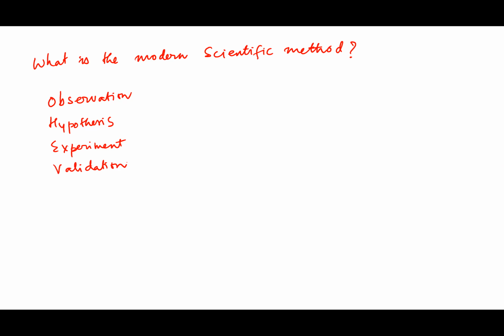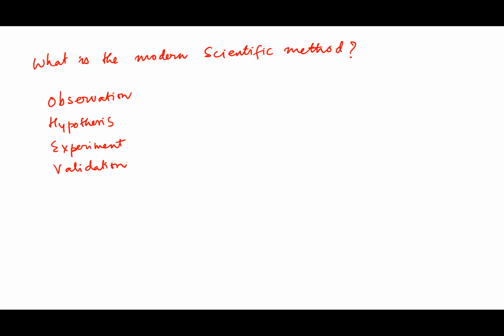It is sort of a cartoon image of the modern scientific method. It is not that it is wrong. It is sort of a cartoon image, meaning when you tell a child, you can explain it like this. But what is the real meaning? You are in a physics course in a college. So how would you say what is the modern scientific method?